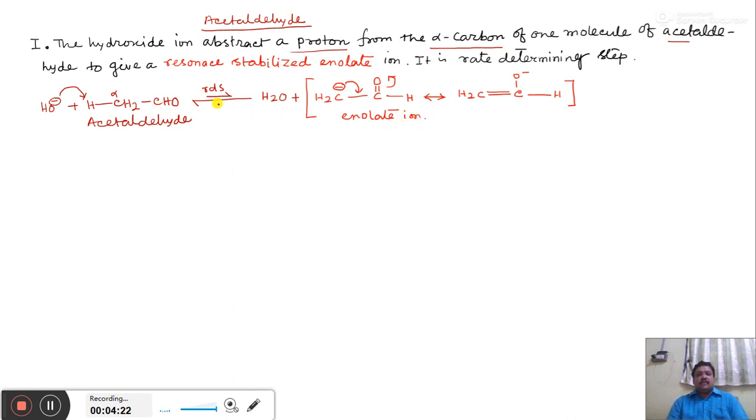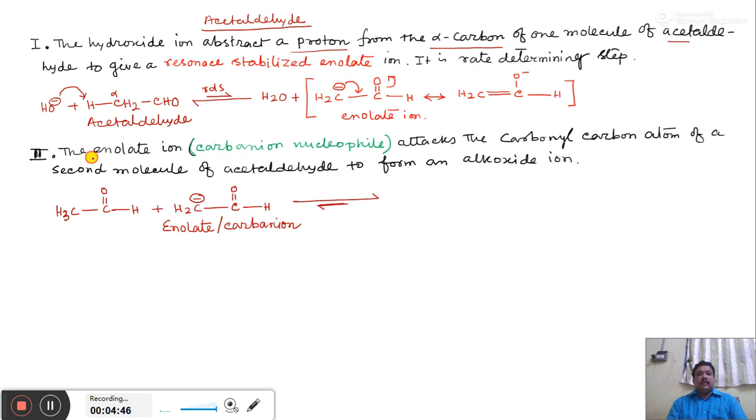Now in this reaction, the forward step is not favorable because the acidity of acetaldehyde is less. So the forward step is less favorable and the backward step is more favorable. The forward step is very slow in nature and it is the RDS, the full form of which is rate determining step. In second step,